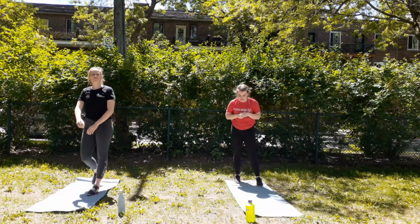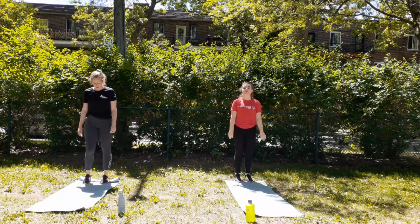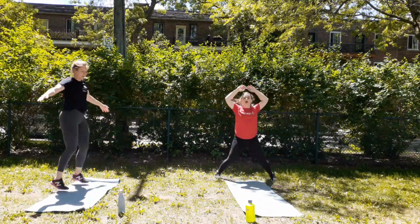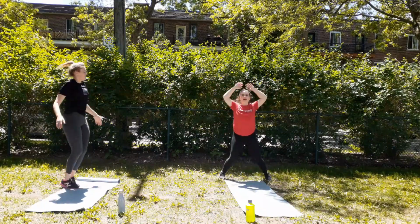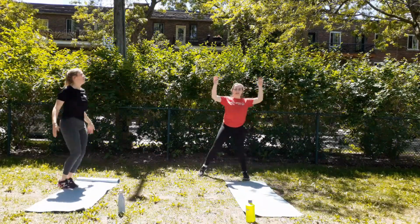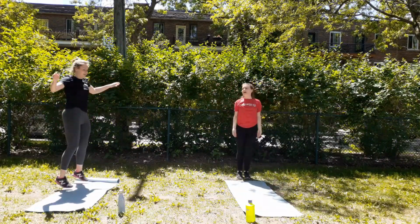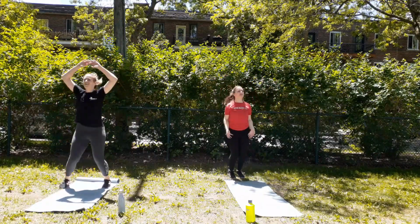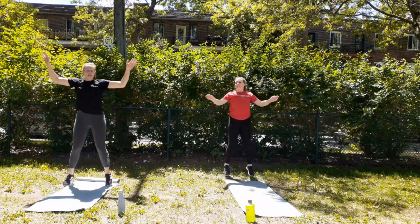So we're going to start it off nice and slow. We're going to start with some quick jumping jacks. So nice and slow, take it easy, big and wide, all the way out. If you're not ready to jump yet, you can just do a little nice step warm-up instead, just like that. But we want to get the heart moving, so